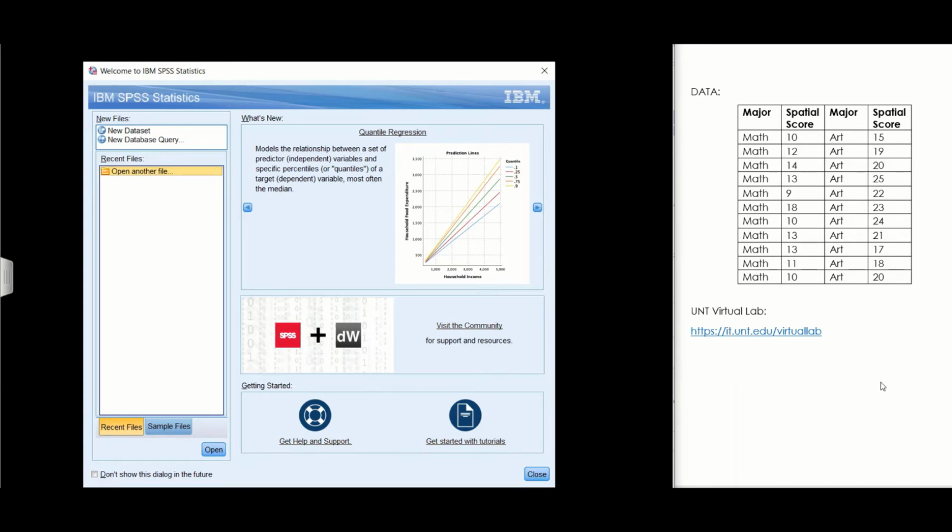Okay, first, let's look at the research question we're interested in here. We're interested in comparing two groups of students. The first group are math majors, and the second group are art majors. We have reason to believe that art majors will get better scores on a spatial reasoning test than math majors, so we collect a small sample of students from each major and measured their scores in order to test our